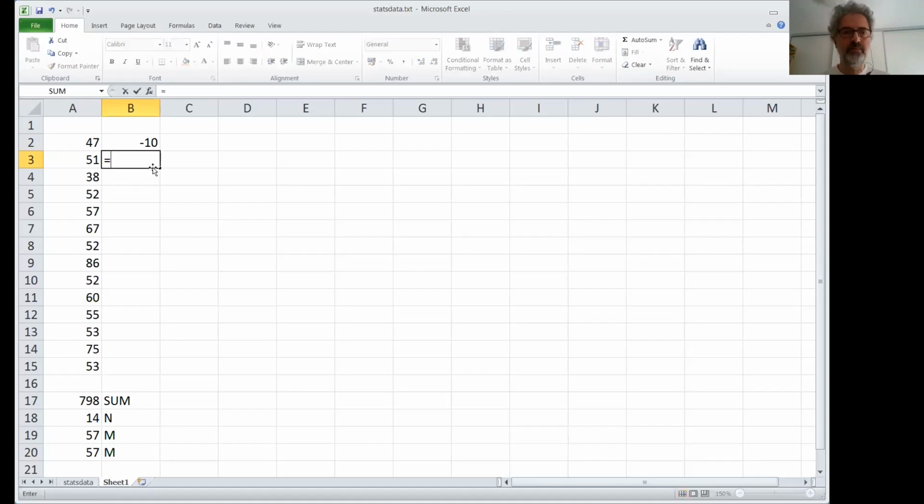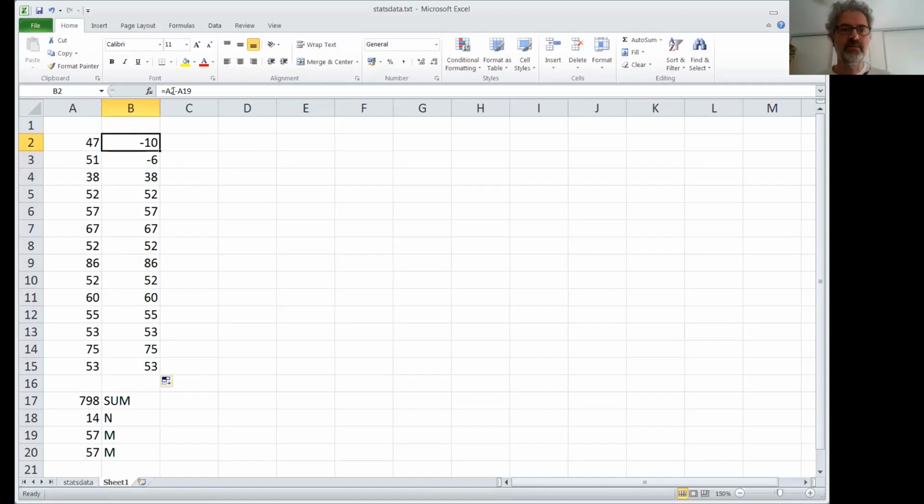And I can do equal this minus this, and so on. That's going to take a while. So you probably have guessed I'm not going to do it like that. There's an easier way. So I'm going to go back and delete this one. One way to repeat a formula is to drag it down. So if I click on this little square here and drag it down, it repeats the formula